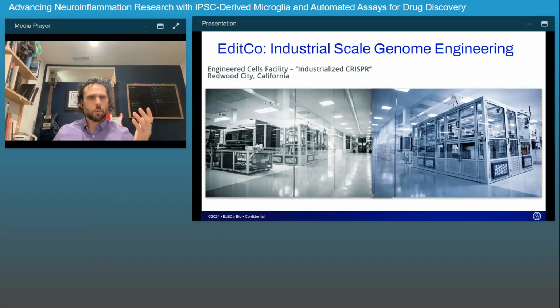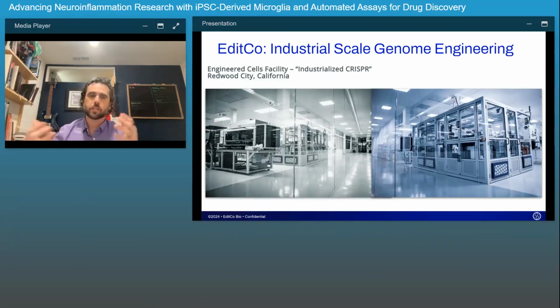What we have on the screen there is a bit of a peek behind the curtain of our highly automated factory, which is based out in Redwood City, California. This is what I like to call a bit of our cell nursery. The images on the right there show where all the outgrowth and expansion of our cells take place